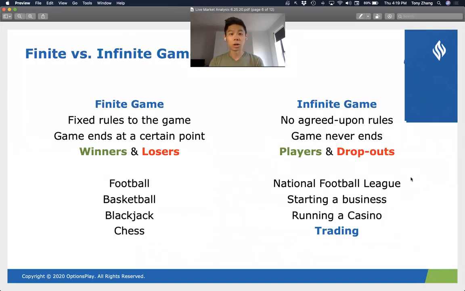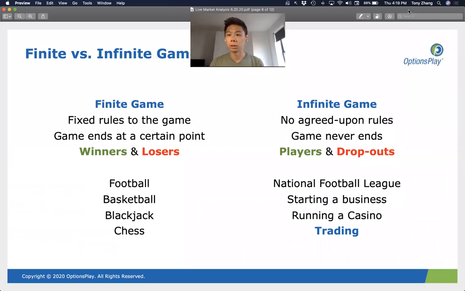So let's talk a little bit about what we learned over the past few weeks. Now, if everyone could please bring up your chat window, which is at the bottom of your screen. I just want to ask, how many people were able to attend the session where we talked about risk management? We talked about the difference between a finite and an infinite game. Please type yes into the chat window if you were able to attend, and no if you did not attend. Okay, so I see a ton of yeses, but also quite a few no's.